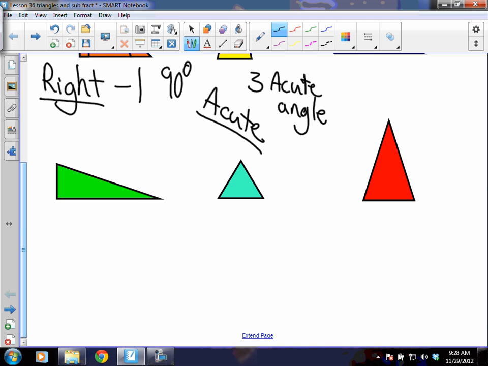If we move down, we can get a second set of triangles. And these triangles we're going to name by looking not at their angles, but instead at their sides and understanding the relationship of their sides. And as we look at the sides, we want to look at the length of their sides. If we start here in the middle by looking at this greenish, bluish green color, we have this side, and this side. And all 3 of these sides are equal. And when all 3 sides are equal,